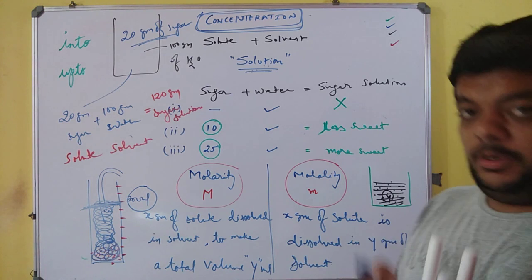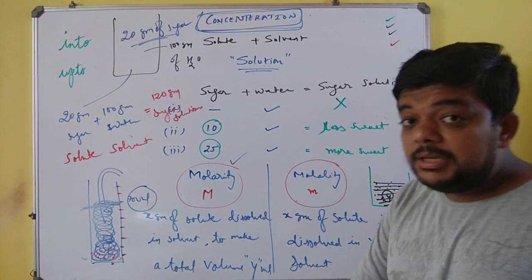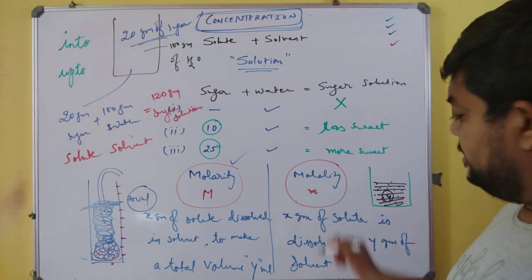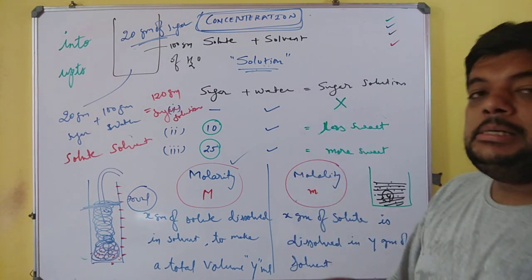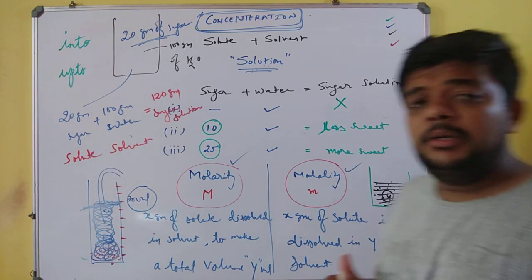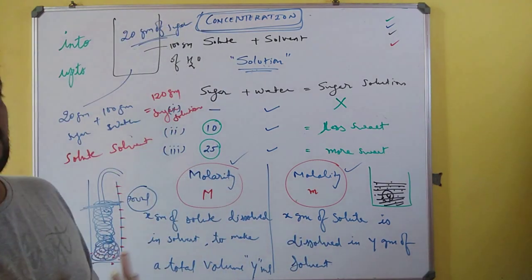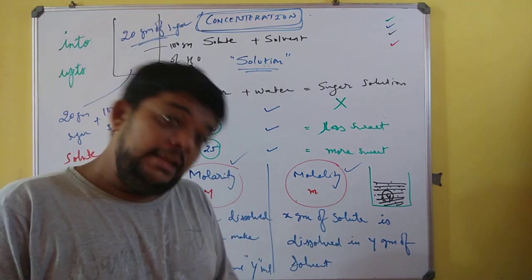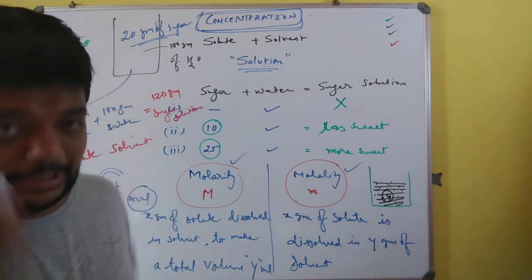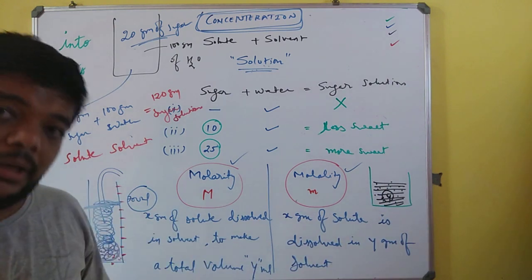And when "up to" comes, it always refers to molarity. But when we say that it is "dissolved in", then it refers to molality. And generally, different apparatus are used in a true sense when you go for molarity and when you go for molality. I'll just explain it in a simple way and then move towards the numerical.